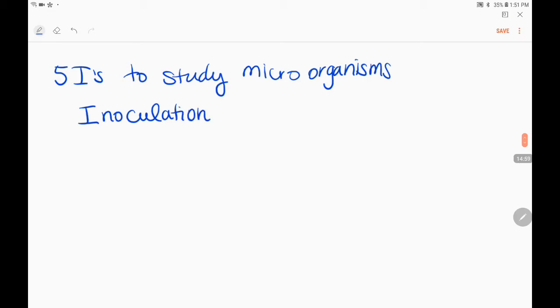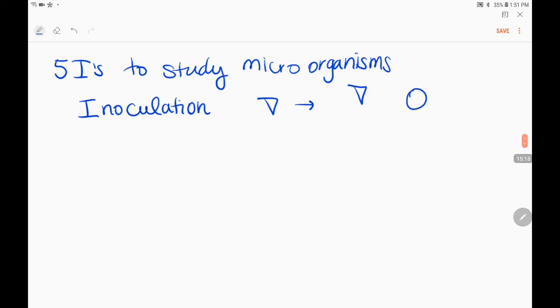Inoculation, that is taking a microorganism from a sample, whatever the sample is, and putting it into a new sample. So that could be a new broth, that could be a petri dish, however we're doing that. Once we have inoculated it, and we typically use a loop, and we're actually doing that this week in lab, to transfer some bacteria from here to another type of culture,